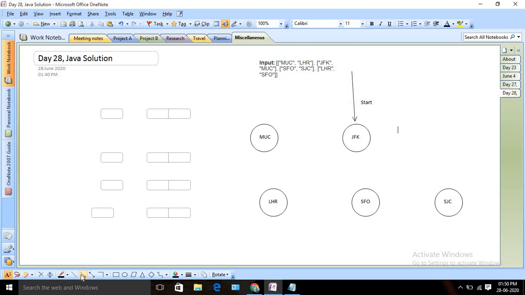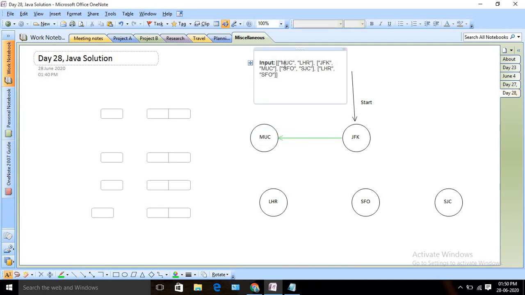So how can I solve this? This is your input, right? You will start from JFK and check where you can go from JFK. From JFK we have one value, to MUC, right?